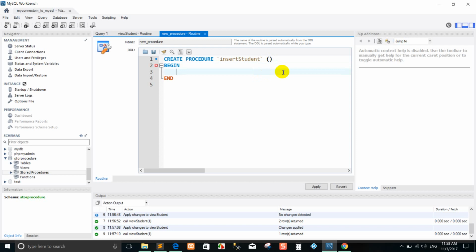Okay, right now we want to write the MySQL code. Insert into student values name. Okay, when we use it like this, you can use the name varchar. Okay, when we use it like this already, so we go to the